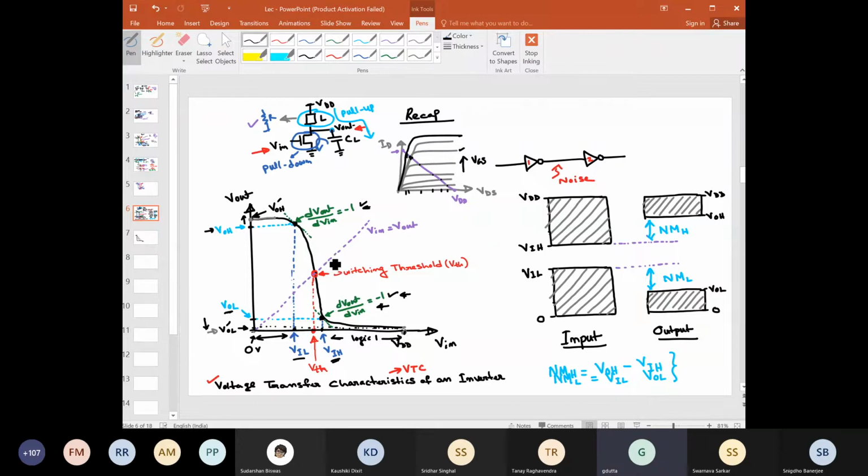But remember, in normal design, we should not go beyond this point, the dVout by dVin equal to -1 point. We should take this one as the limiting criterion. We should consider the input voltage range for logic 1 to be 0 to VIL only. However, if you have multiple gates, then you can also go up to VTH. And one more thing, what we discussed last class, the region between VIL and VIH is called the transition region, because here the slope is changing very sharply, right?